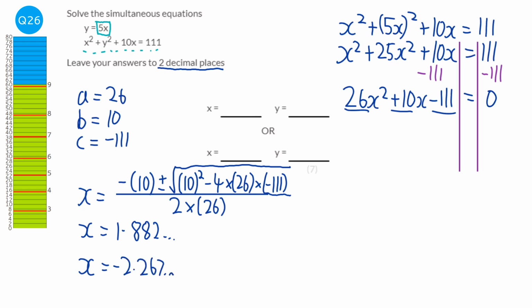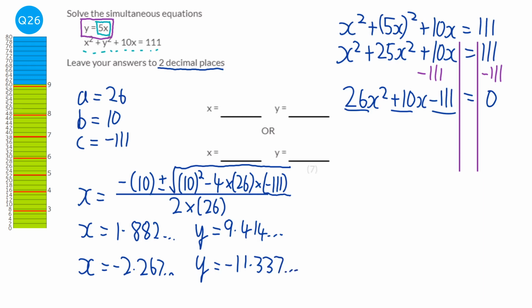Well, we actually have a really nice way of finding out the y value, because if you look at this first equation, it says that y equals 5 lots of x. So all we need to do is multiply these x values by 5. So we're going to times that first one by 5, and we get 9.414, blah, blah, blah,